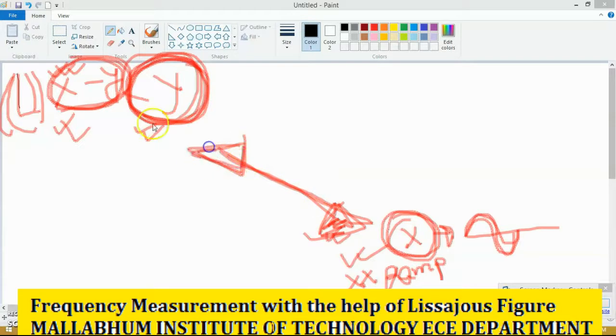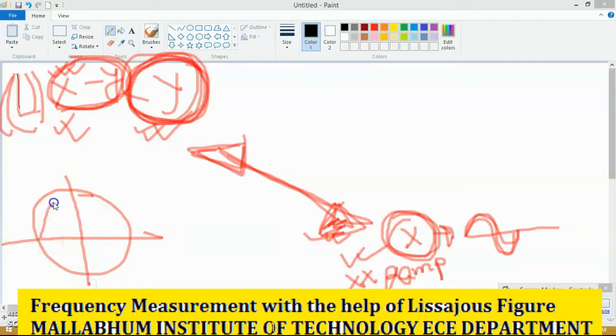different waveforms to the X plate and also to the Y plate. I have also discussed in the previous lecture on the CRO that the X plate voltage is responsible for moving the beam across the screen of the CRO. Suppose this is the screen of the CRO. Now the waveform traces like that.